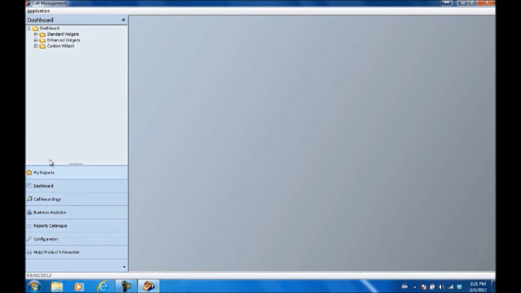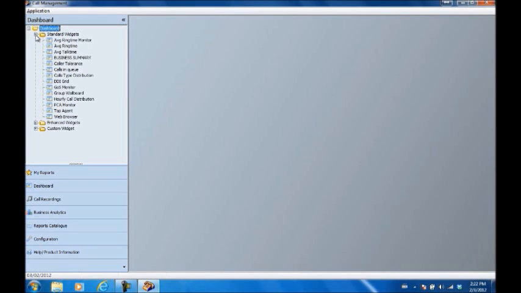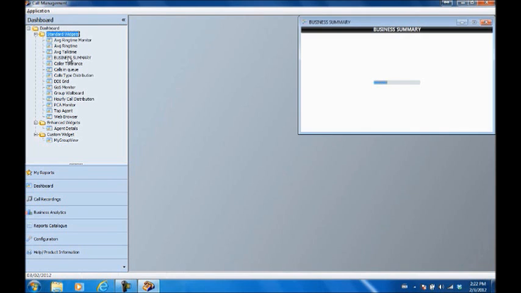We'll start with Dashboards. Under Dashboards you have standard widgets, enhanced widgets, and custom widgets. Let's have a look at what's in there. You see some widgets, and these are some of the widgets that come with the product. Let's try and run one of these. If we run business summary,